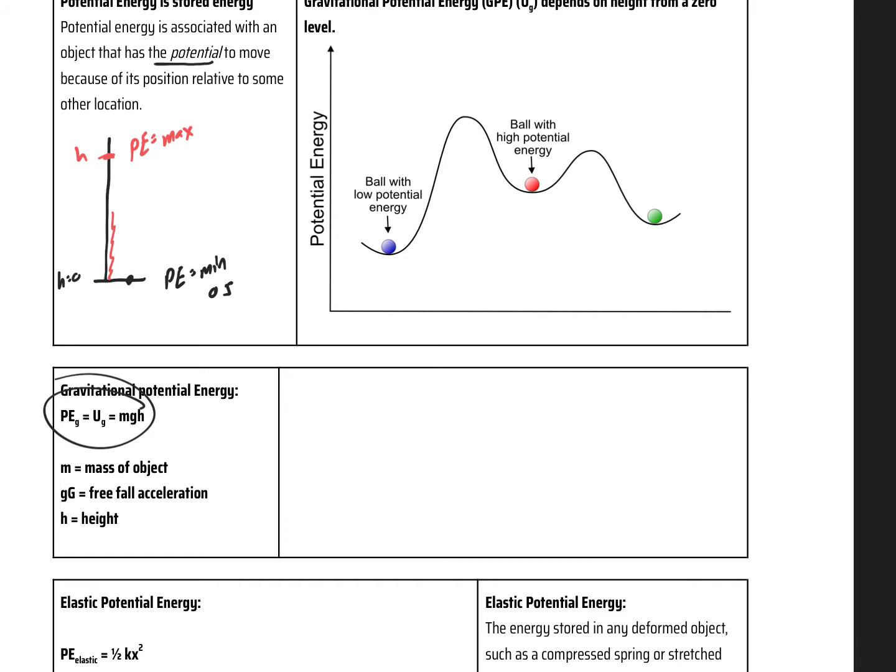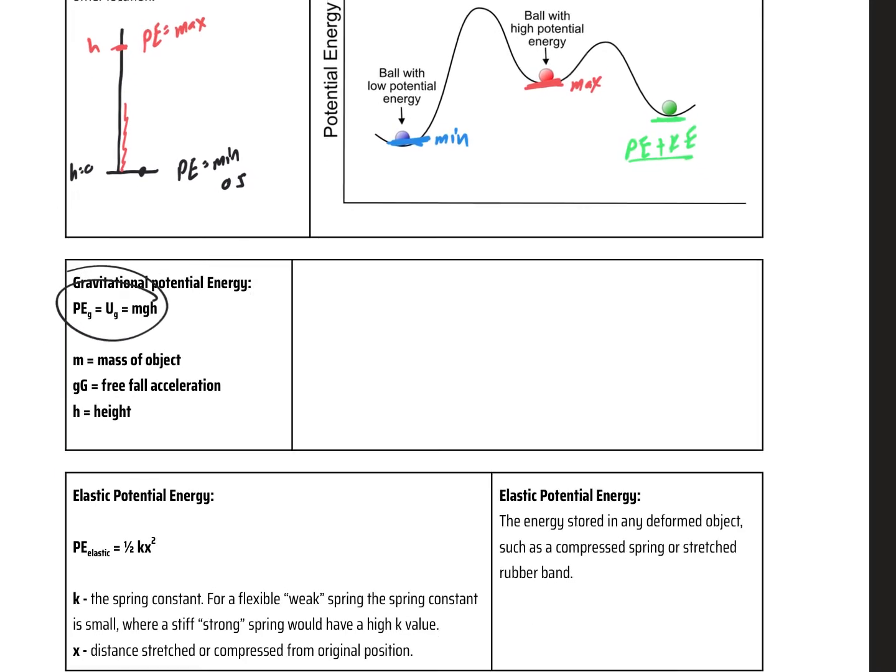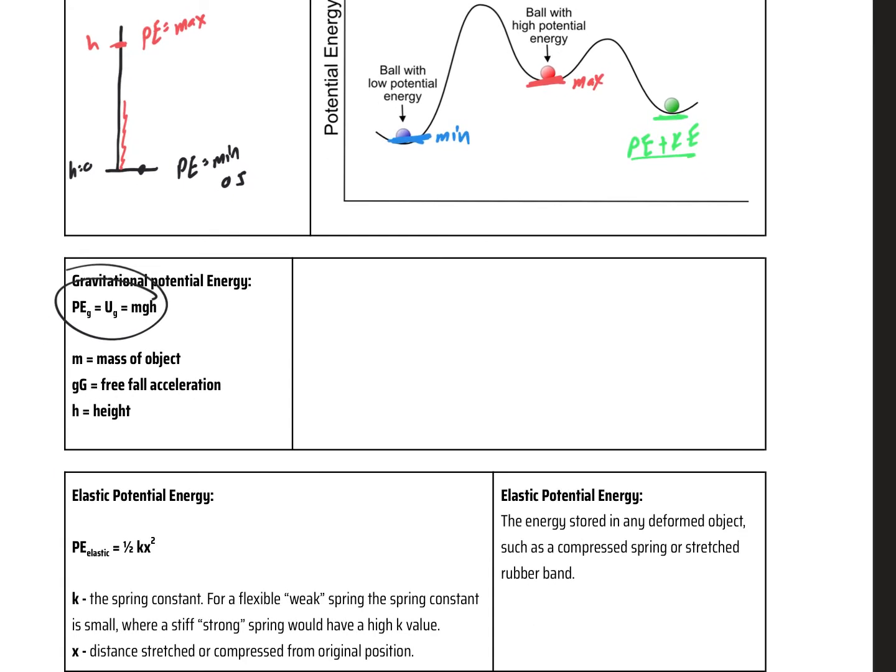And so if you see here, this blue object is at a minimum. Here, it would be at a maximum. And this green one is somewhere in between, so it's got a little bit of potential energy and a little bit of kinetic energy. This is going to lead us into conservation a little bit later. Once again, potential energy, you'll see it written P sub G, U sub G, but most of the time we'll just use potential energy